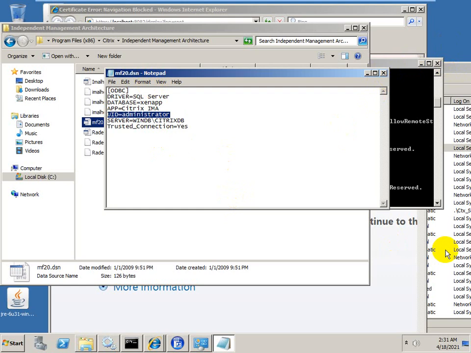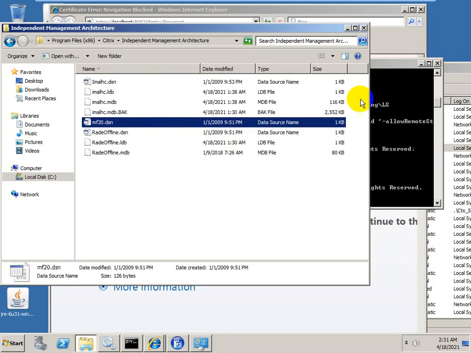By using MF20, we can open the data store, by using the file in Notepad. MF20 contains the database details, simple, because all the details related to the database server are there.